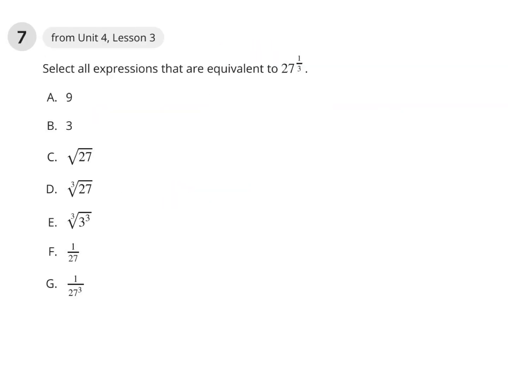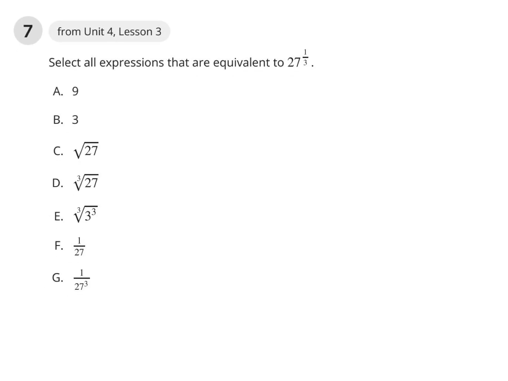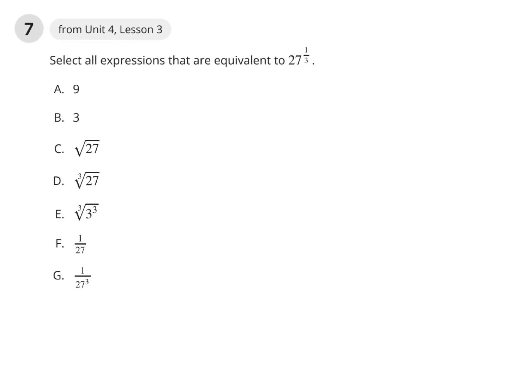Okay, select all expressions that are equivalent to 27 to the 1/3. Remember how to change a fraction exponent into a radical. So we have the cube root of 27, which equals 3. I can also write this as